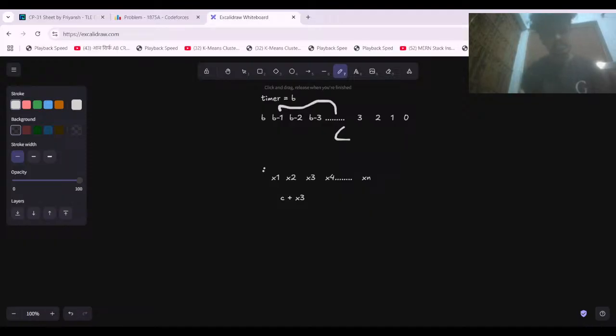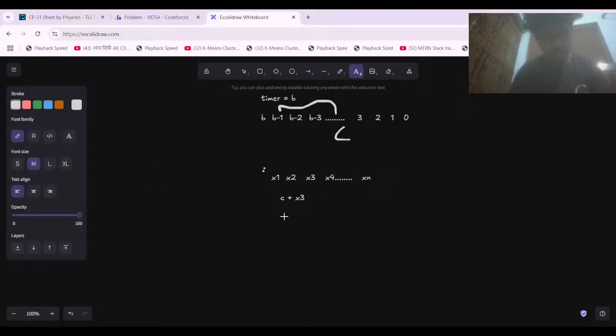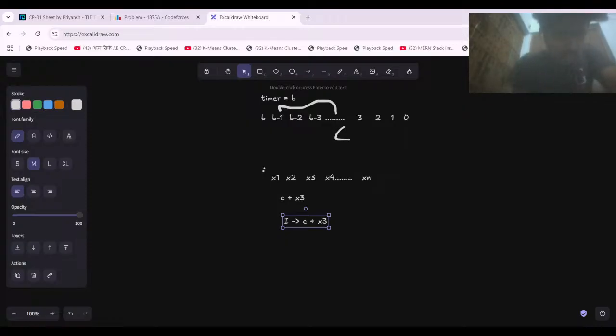It would be fine to say that this segment of X3 length is fully counted. I will draw here C plus X3, and then case number two,